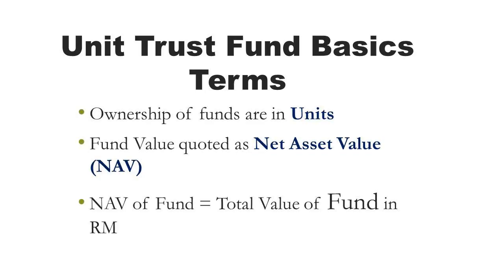Right, the ownership is in units. That's why I mentioned just now, you buy on different days, different unit price, you pay for the price of the day. It's quoted as net asset value. What do you mean by net asset value? That is the actual amount you will receive if you sell off. So it's very straightforward. One price buying, one price selling. No confusion of bid and spread, buying price, selling price.